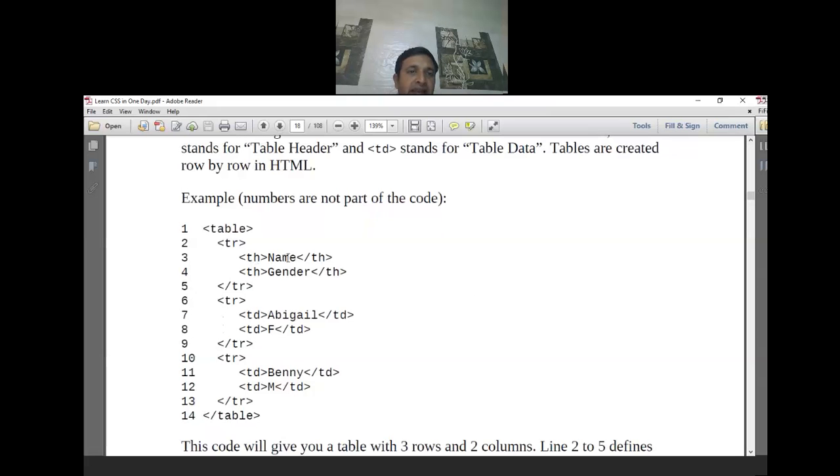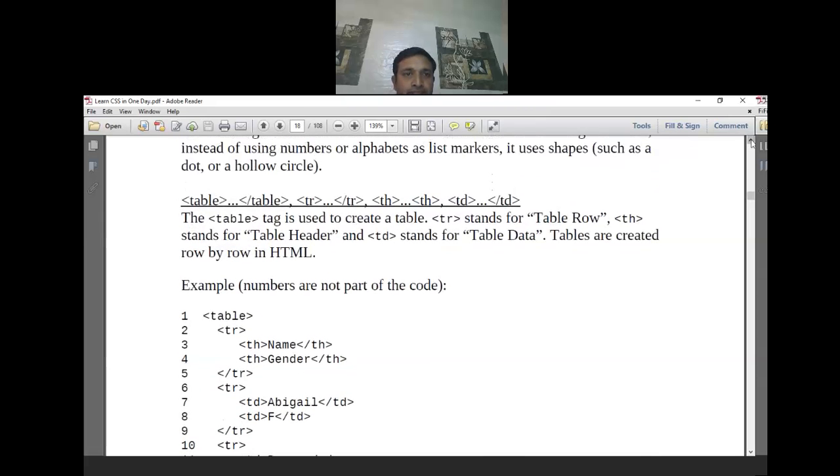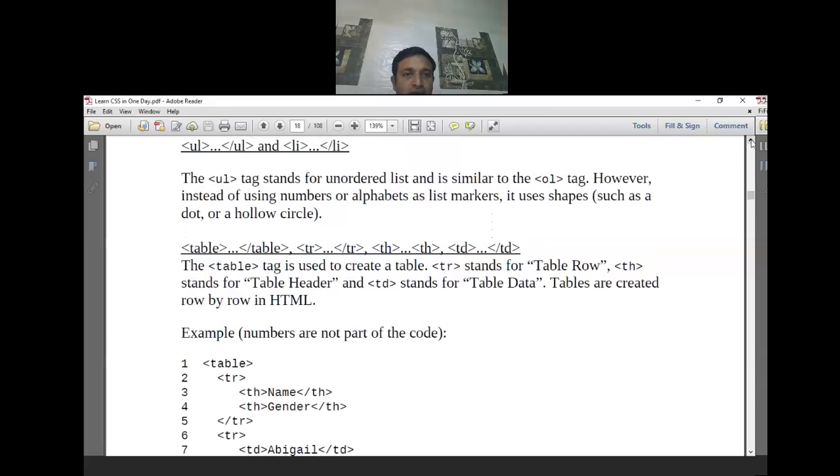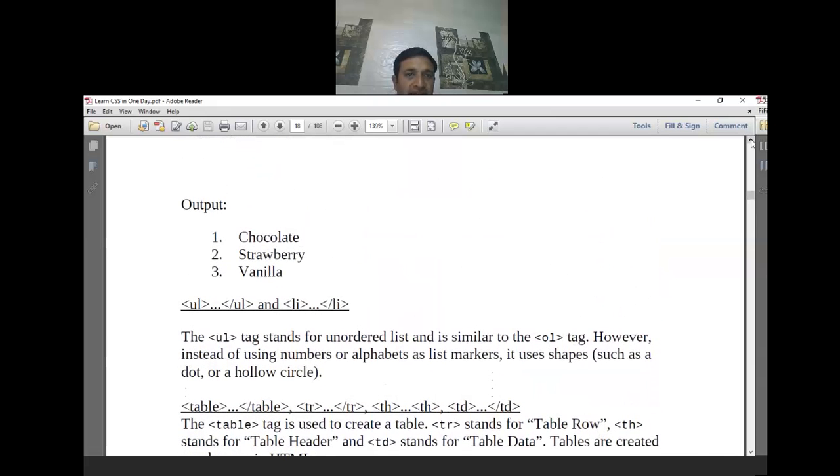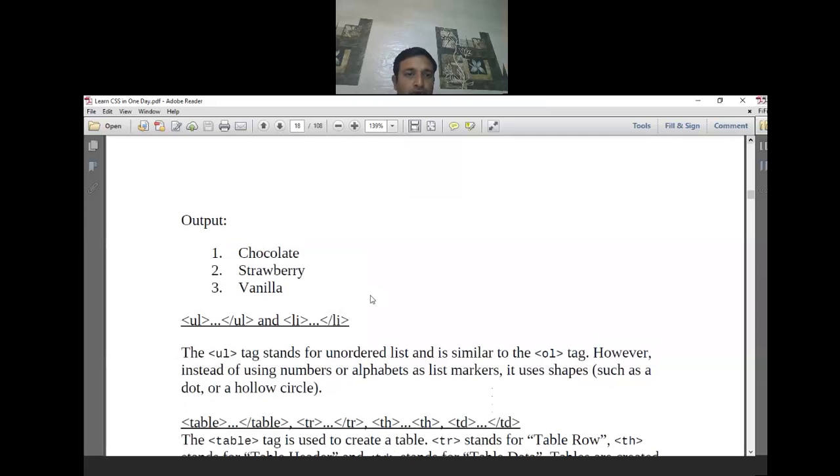This is basically the heading which you can specify, and for the heading you can also change the color, name and everything through that tag and its attributes. So this is the way you can use that. Then underline you can specify like this. The UL tag, the unordered list, is similar to the OL tag. Instead of using numbers or alphabets, list markers are also tags which we can use.